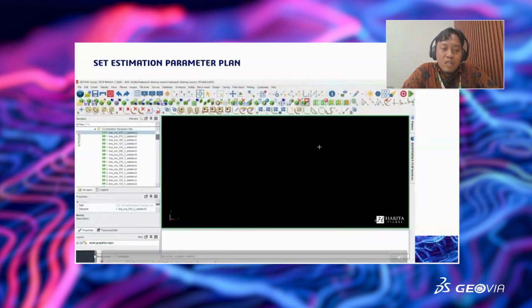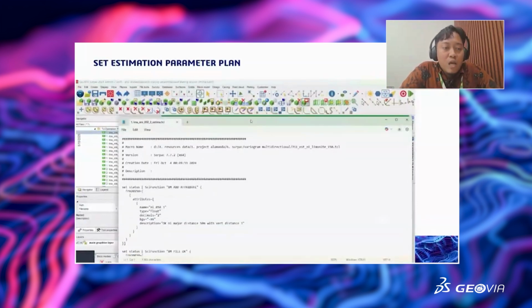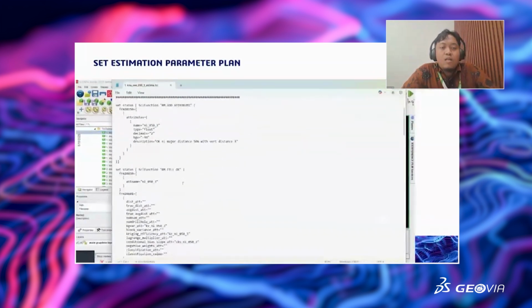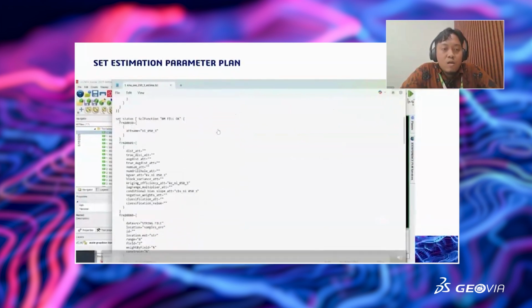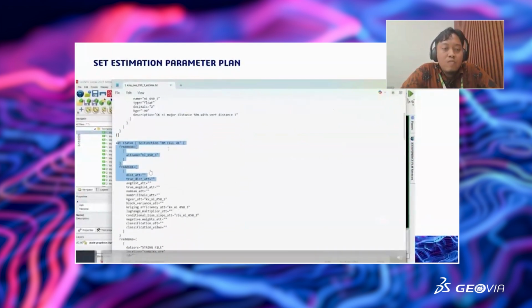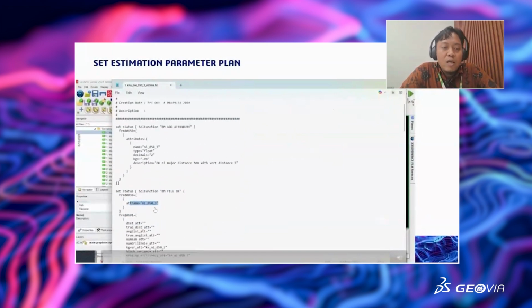After that, we will set up our estimation parameters here. The KNA analysis that we will test in this case uses searching parameters such as the horizontal and vertical. Here I have another TCL or macro that I already set up for the nickel grade, with horizontal and vertical of 50 by 3.